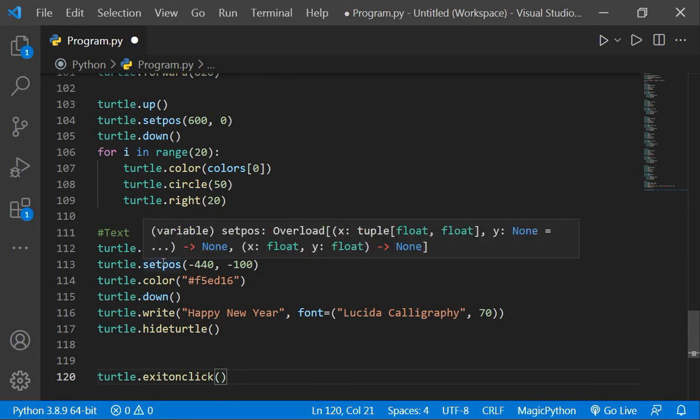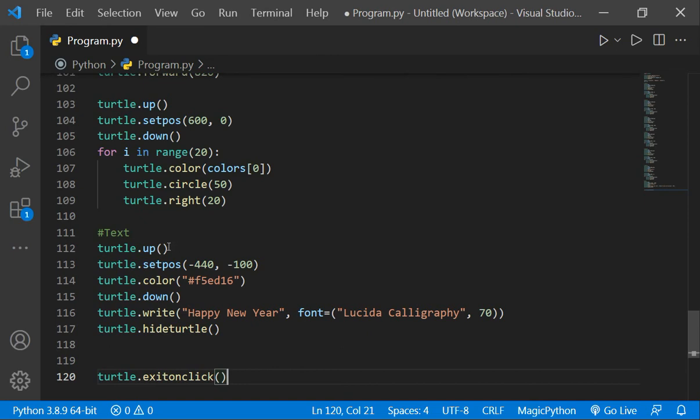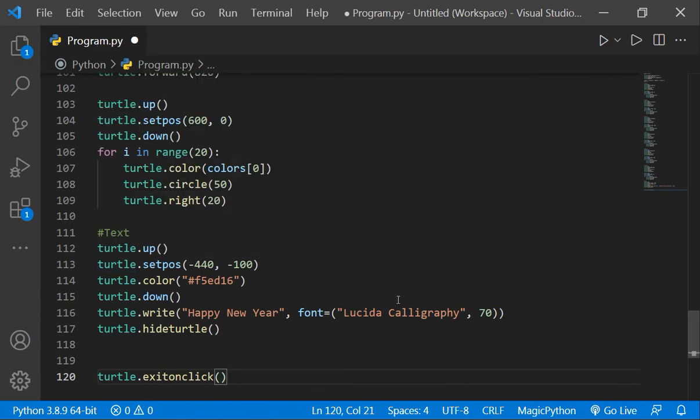So what have we done here? We have written turtle.up so that it won't scribble on our window. Now we have written turtle.setpos. It will set the position. The position is minus 440 and minus 100. Minus 440 is for x and minus 100 is for y.